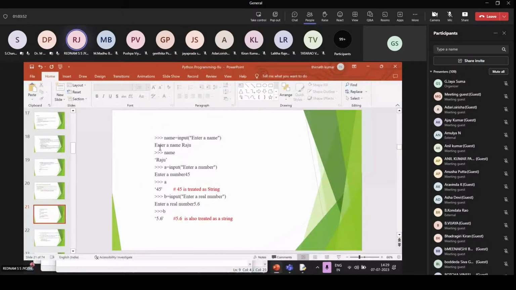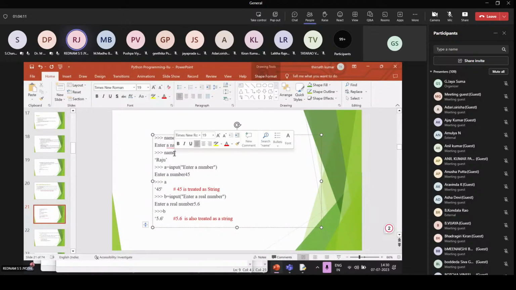So this is the example: name equals input, enter a name. After entering this statement, we get a prompt like this: enter a name, and then we provide some value. If you want to see the value present in name, we use name, and it will give Raju as a string type of value, enclosed with single quotes.